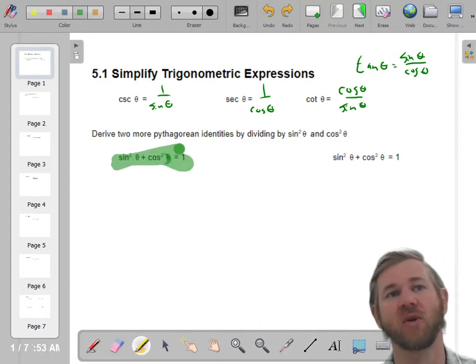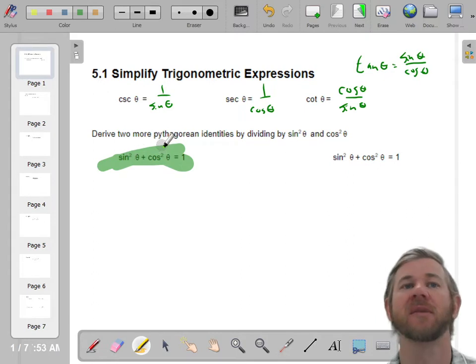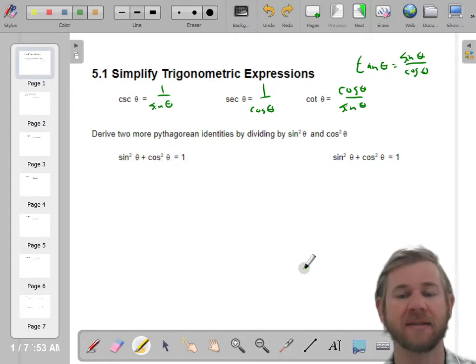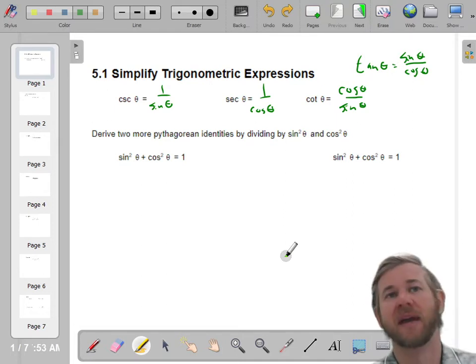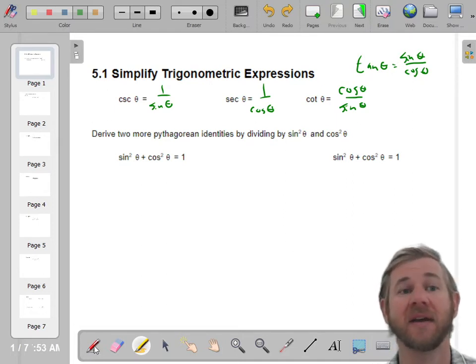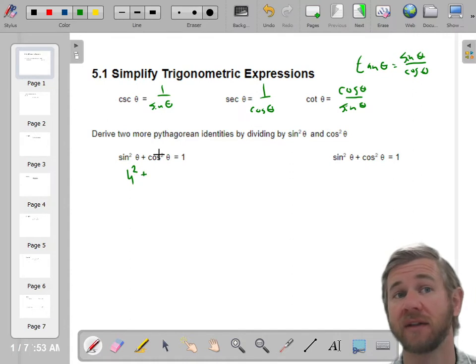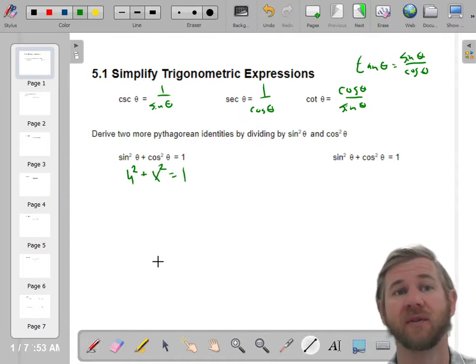The first one and the most important one is sine squared plus cosine squared equals 1. This is the Pythagorean theorem in trig. It is the Pythagorean theorem, but instead of x squared plus y squared equals 1, it has sine, which is y, and cosine, which is x. If you look on the unit circle,